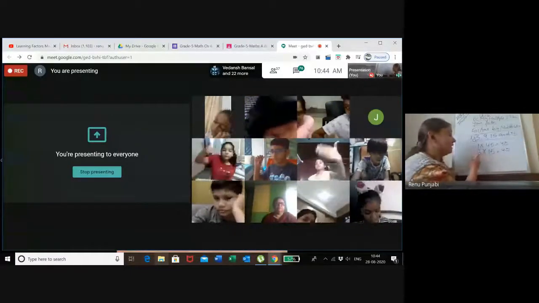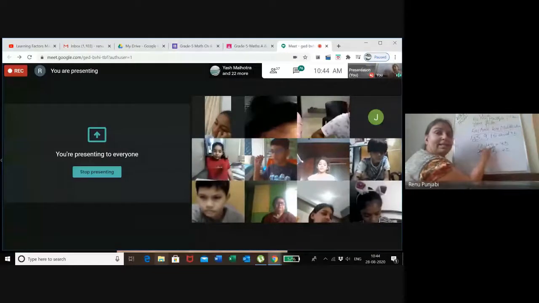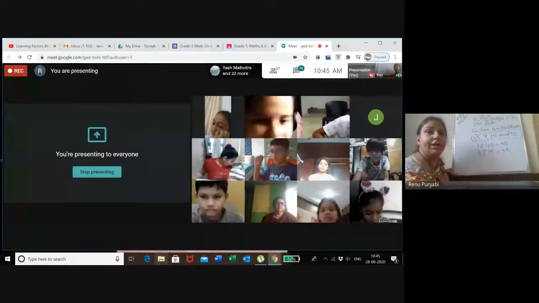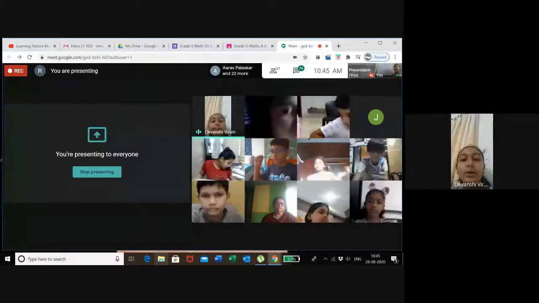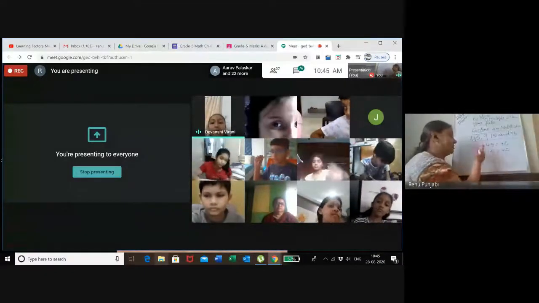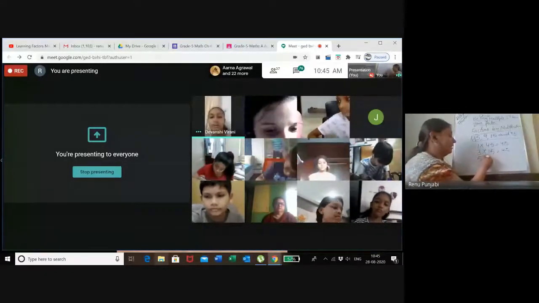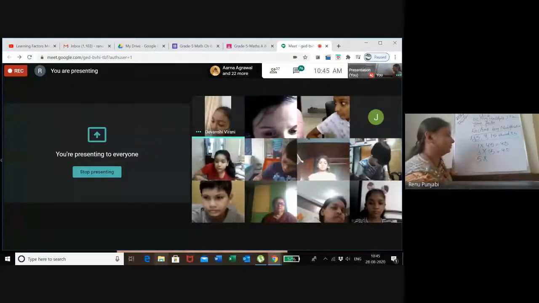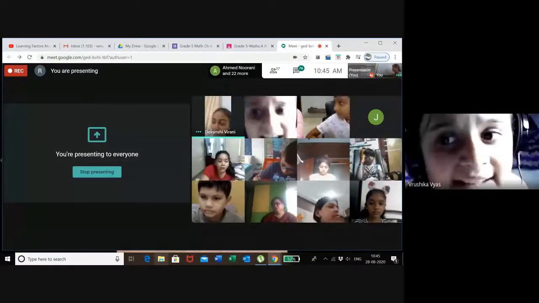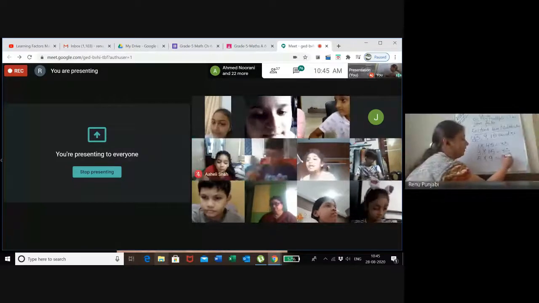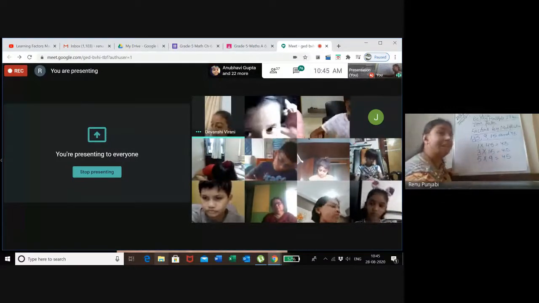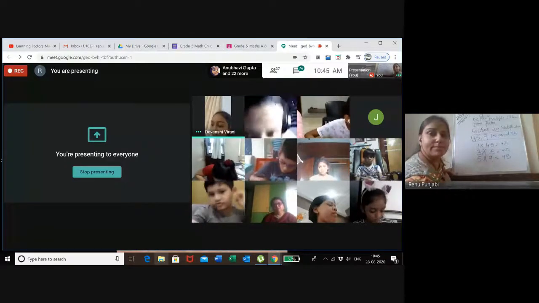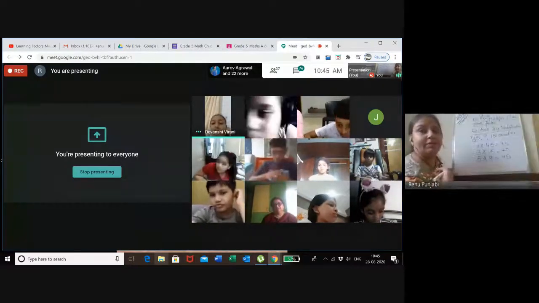Now, is this number divisible by 4? Can you please apply the divisibility of 4 here? Vrushika. No, ma'am. In the table of 4, 45 is not coming. So we take the 5. How many times does 45 come? 9 fives are 45. Now, after 5, in the table of 6, does 45 come? No, ma'am. In the table of 7, does 45 come?